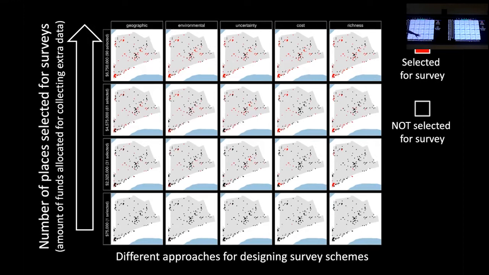This approach here is based on uncertainty. If you have fitted species distribution models for your species, you can actually quantify where the model is most unsure about whether the species is there. So finding a place where the predicted probability is 0.5. If the predicted probability is 1, the model's really sure that it's there. If the probability goes to 0, then the model's really sure that it's not there. But when it's close to 0.5, that's when the model really doesn't know. So you can find those places that are 0.5 for most of your species, and those are the places that the models are most unsure about.